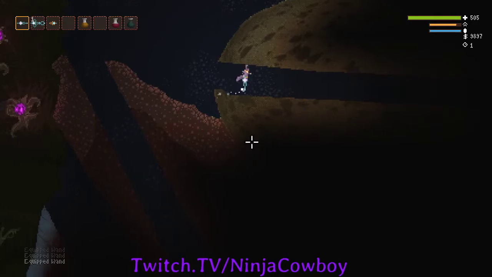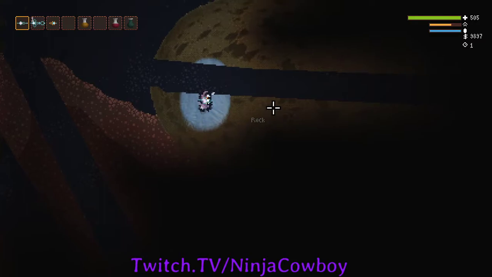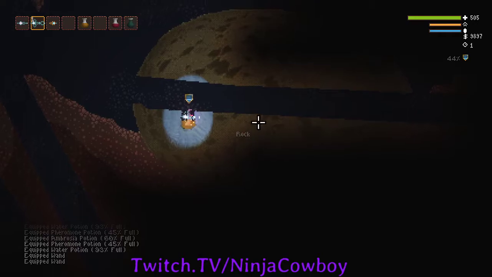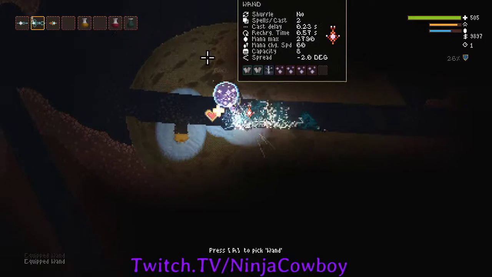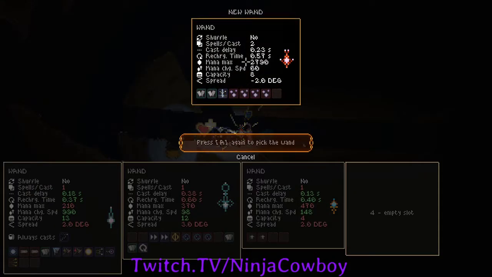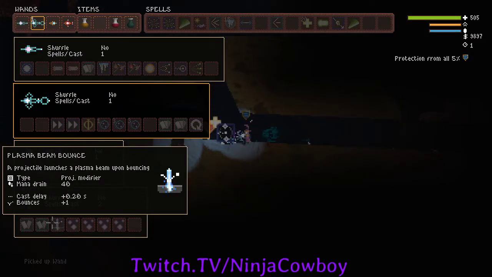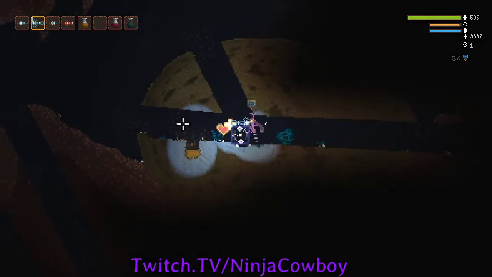Let's see if we can make ourselves a little hole right here for ambrosia. So ambrosia. And then kick him. And voila. We got ourselves a wand, which is really crappy, actually. It does have some double spells on it. Double spells, so, you know, if we don't need to use the triple spell, we can use the double spell. Triple uses mana, double doesn't use any mana, so...